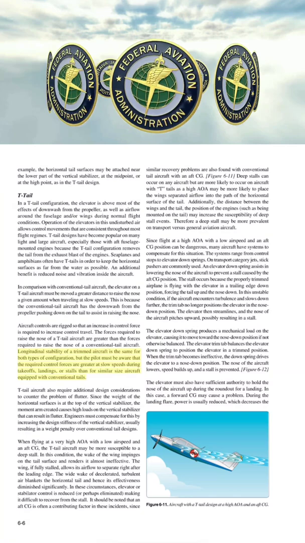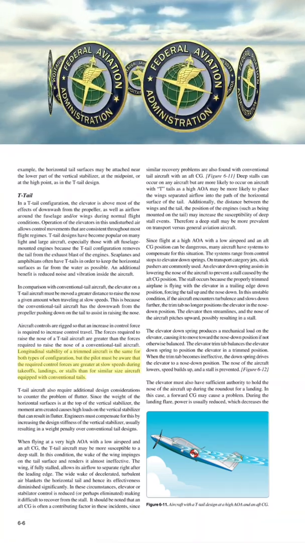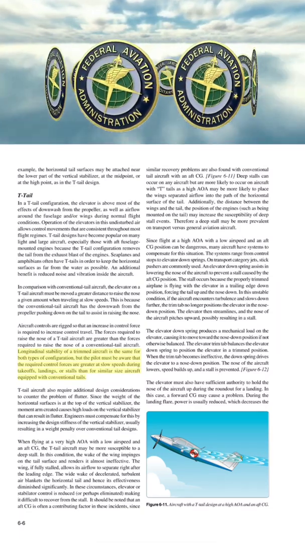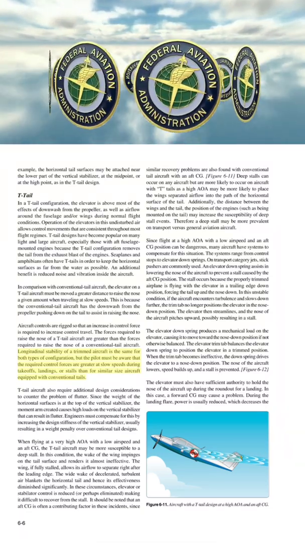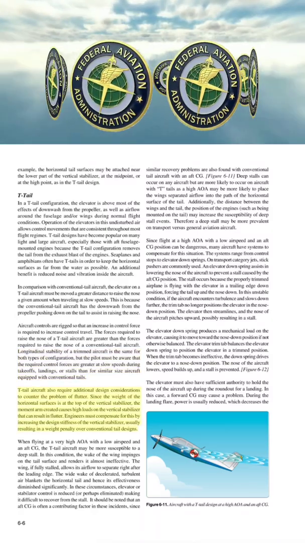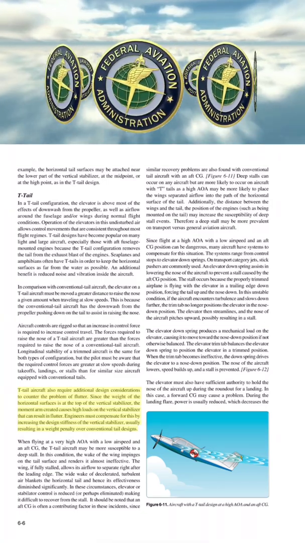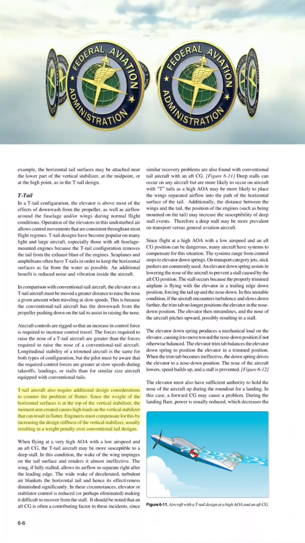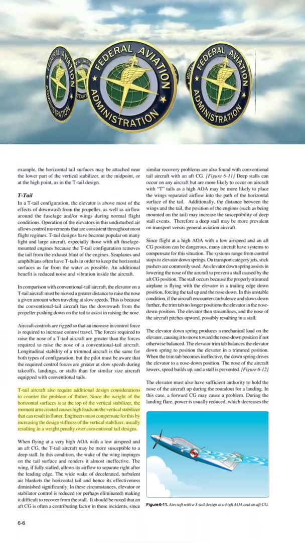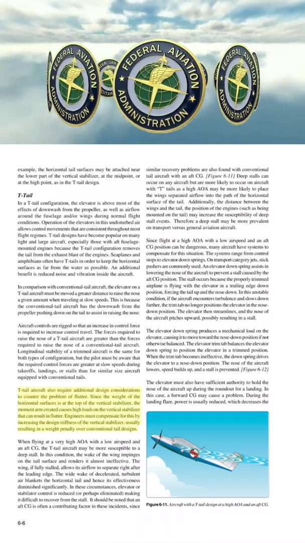Longitudinal stability of a trimmed aircraft is the same for both types of configuration, but the pilot must be aware that the required control forces are greater at slow speeds during takeoffs, landings, or stalls than for similar size aircraft equipped with conventional tails. T-tail aircraft also require additional design considerations to counter the problem of flutter. Since the weight of the horizontal surfaces is at the top of the vertical stabilizer, the moment arm created causes high loads on the vertical stabilizer that can result in flutter. Engineers must compensate for this by increasing the design stiffness of the vertical stabilizer, usually resulting in a weight penalty